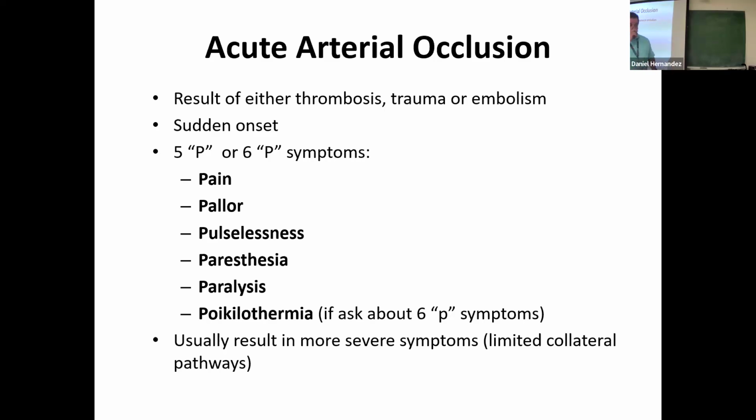So when we talk about acute arterial occlusion, there's a sudden onset, which could be due to thrombosis, potentially trauma to the vessel itself, or an embolism. These symptoms are sudden onset, and they're very specific for the arterial system. The patient's going to develop pain all of a sudden. We refer to them as the 5 Ps. Pain,